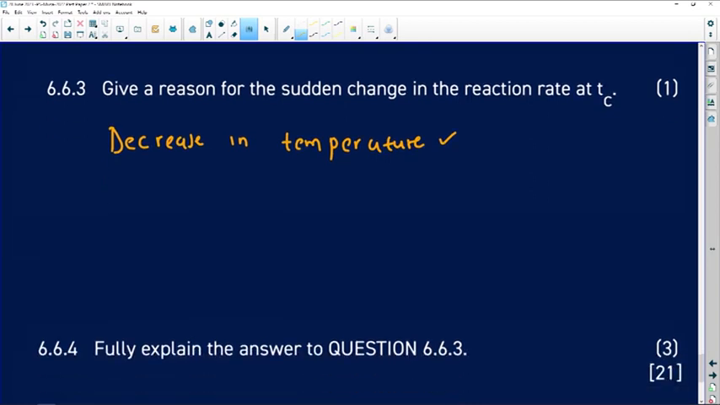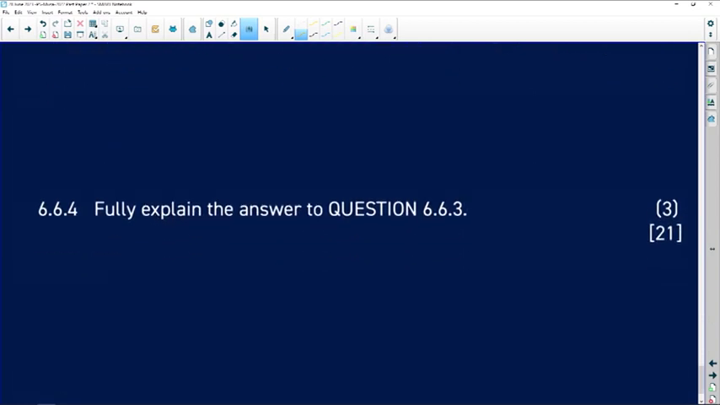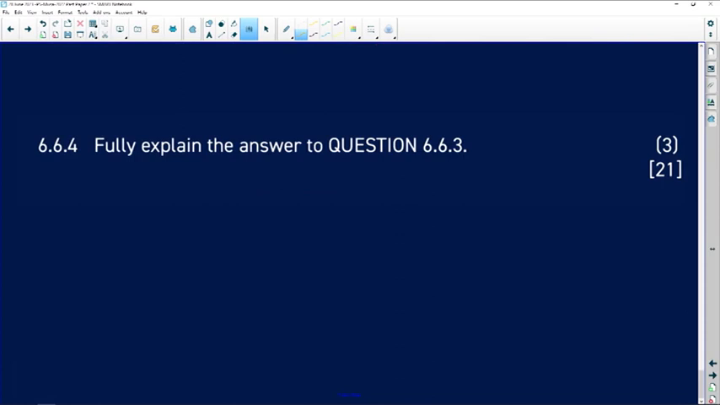That's when you're going to explain using Le Chatelier's principle. It says fully explain the answer in 6.6.3. All right, what do we notice here? We notice that the rate of the forward and the reverse reaction decreases. I'm sure you have seen that the